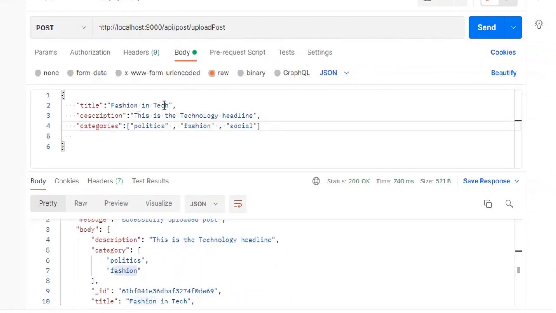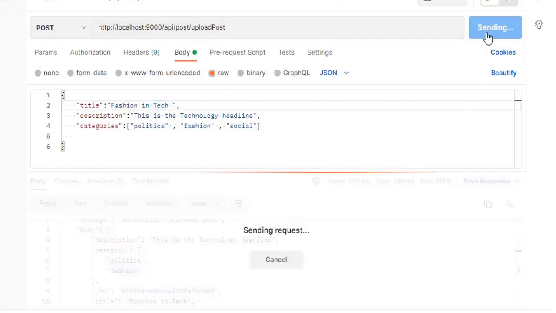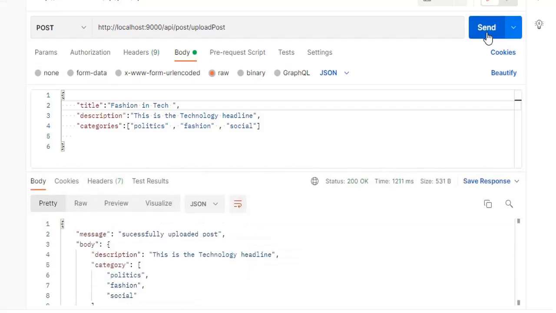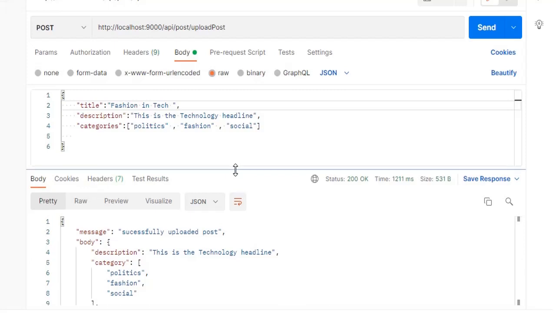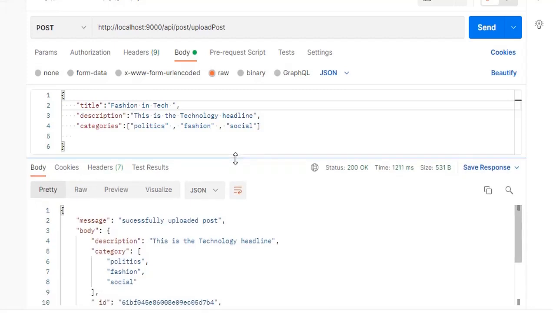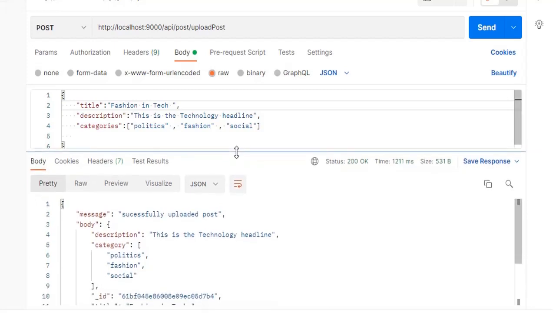Okay, so now let's click the send button. So the send, okay, now it works. So you see it updates now. I think because we used the wrong spelling of the keyword there. Okay, so you see that it updates, and down here we have the politics, we have the fashion, and we have the social as well. So everything works